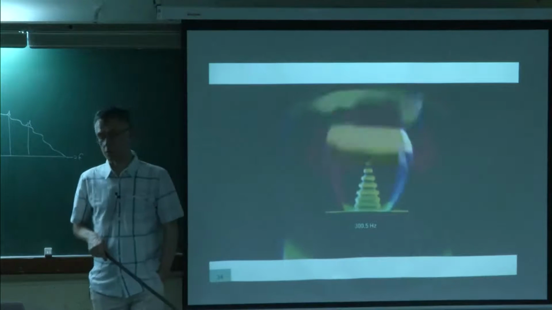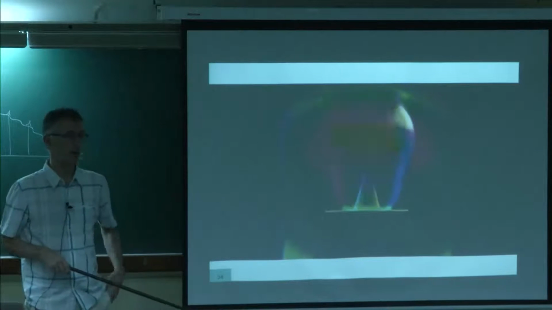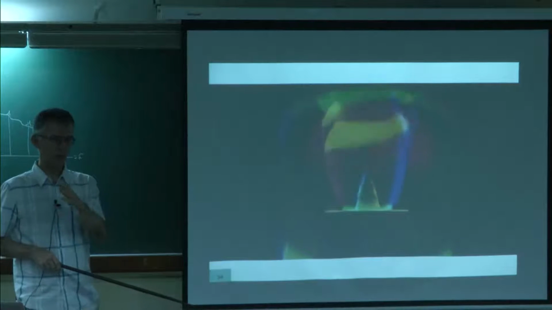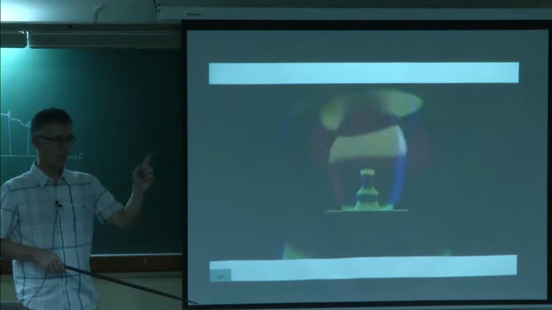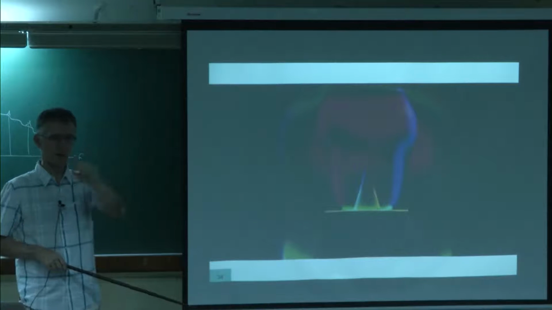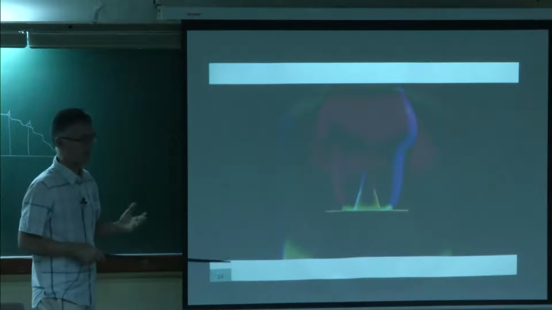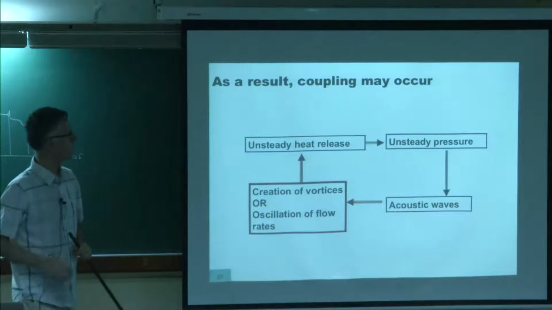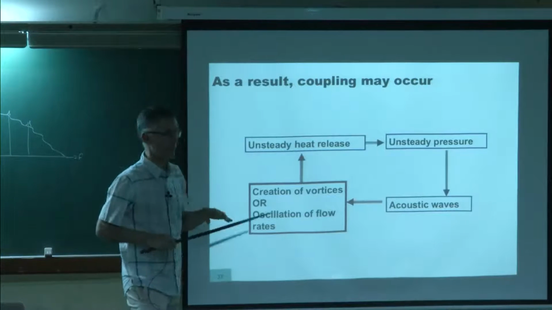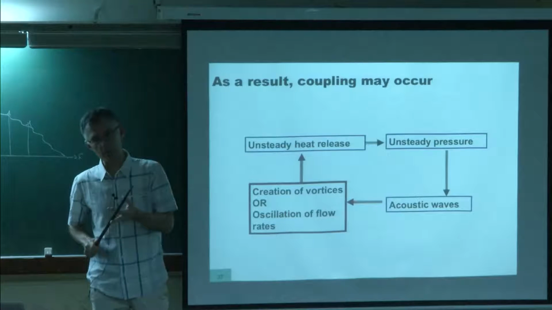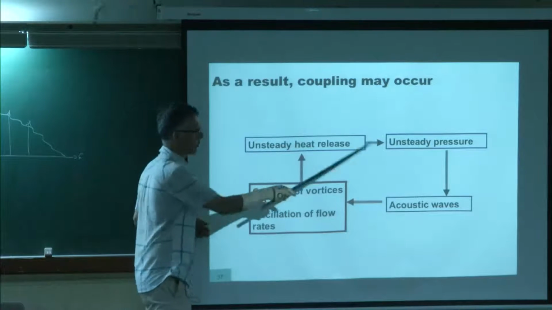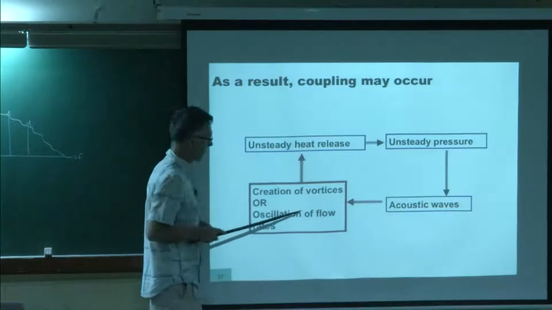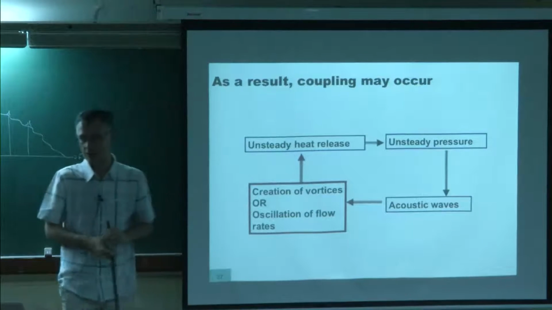That was observed also more than 150 years ago by people who were using candles and making music at the same time. People saw that the flames were flickering at the rhythm of the music. So the flames are sensitive to noise, and that's of course what we need to have a coupling. Because if flames are sensitive to noise, and if flames create noise, then you can close this famous loop. We'll have unsteady heat release creating waves. If these waves create unsteady heat release, then the loop is closed.